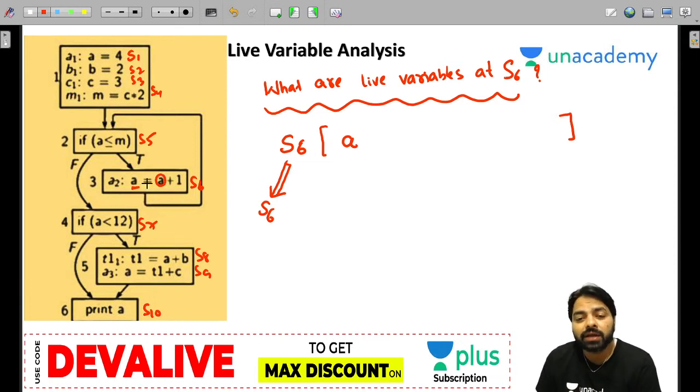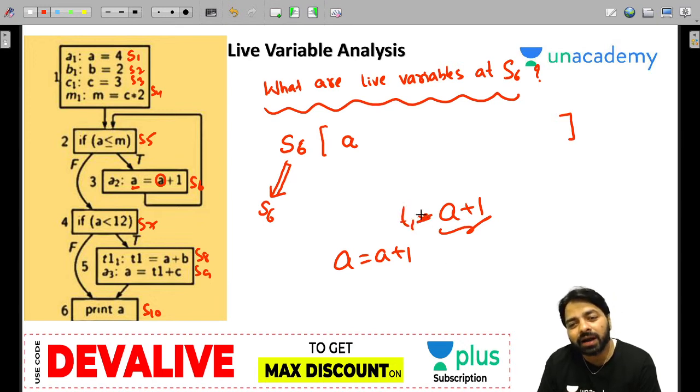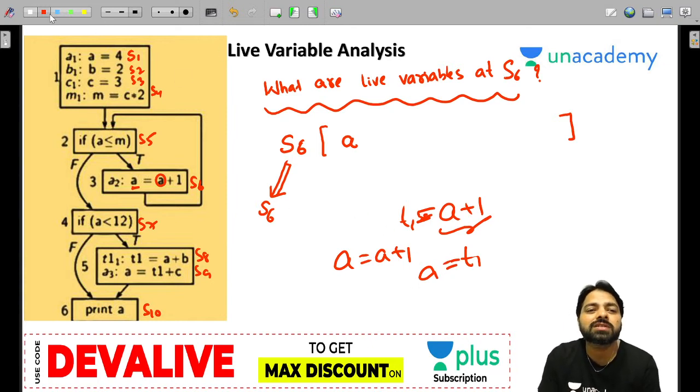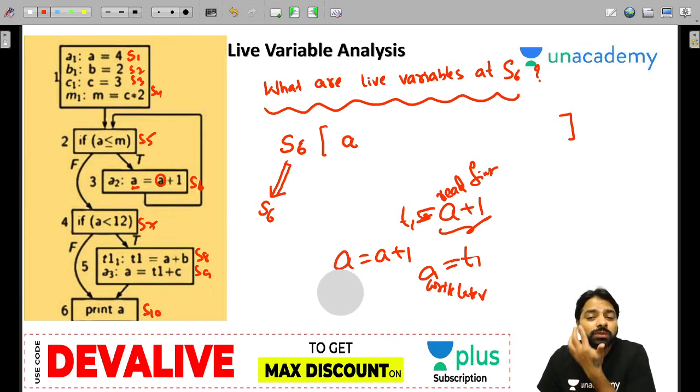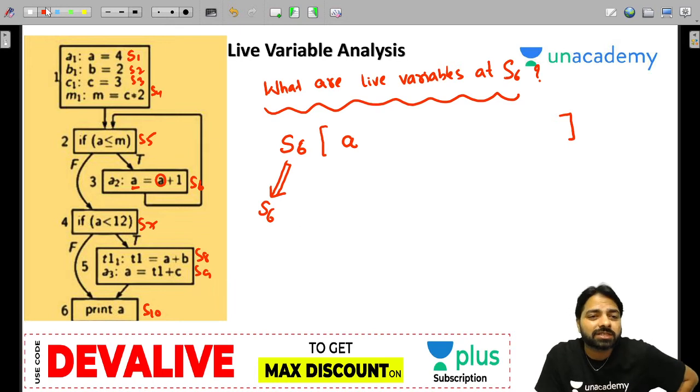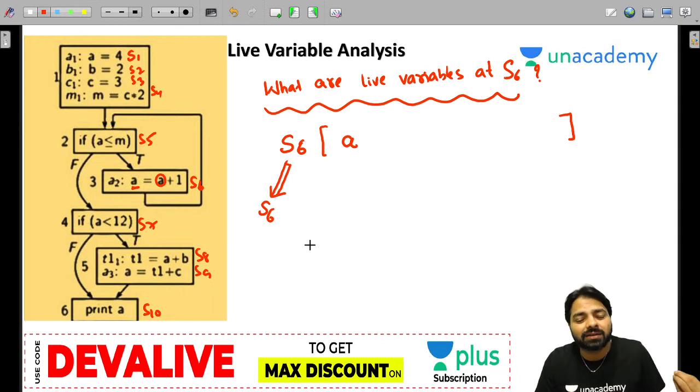And be careful, A is equal to A plus 1 means actually A plus 1 first, then writing into T1, and that T1 will go to A. Remember, A is equal to A plus 1 means first read happens, not write. Read first, then write later. There are two things, read and write, but read only happens first. A is already live because you are reading before writing. So S6 to S6, this reads A. That is the reason.